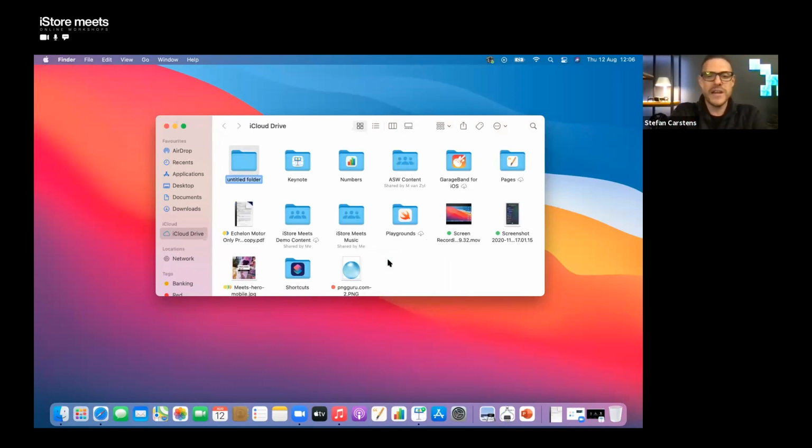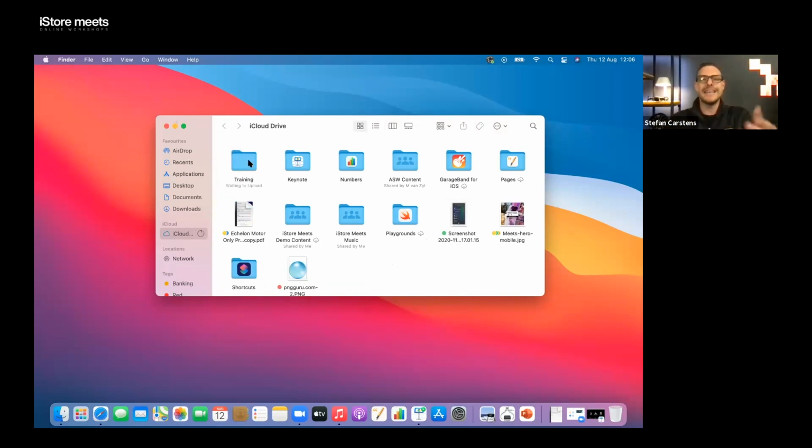And you can even go and rename it anything you want. So I'm just going to call this one Training. Perfect. So there is a new folder. And then I can easily go and take any file into that folder by simply clicking and dragging. So I'm just going to take the screen recording that I have right here. I can click with one finger and drag with the other one into that folder, and I can easily move it